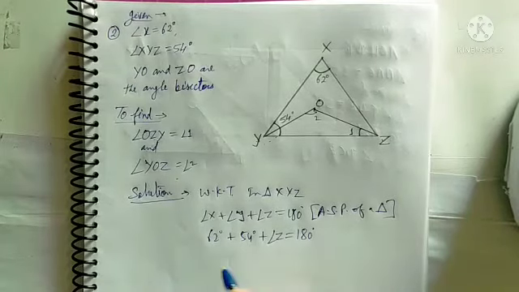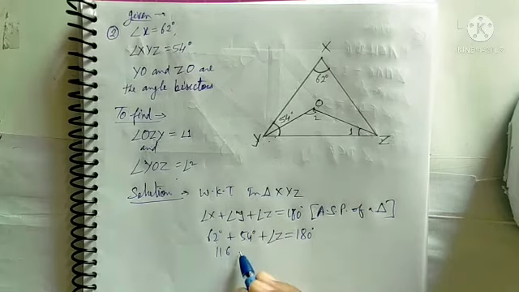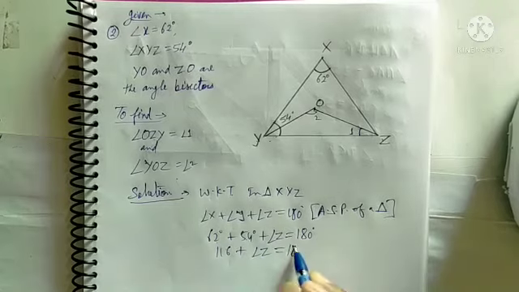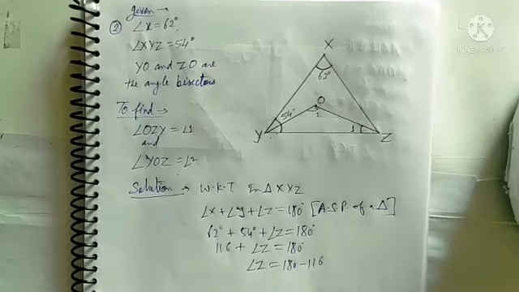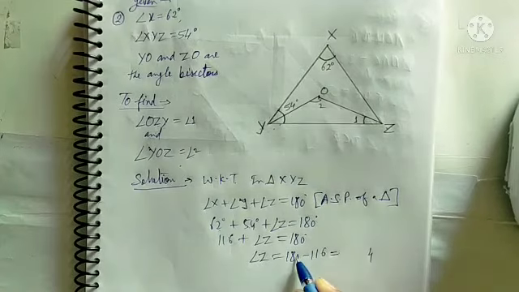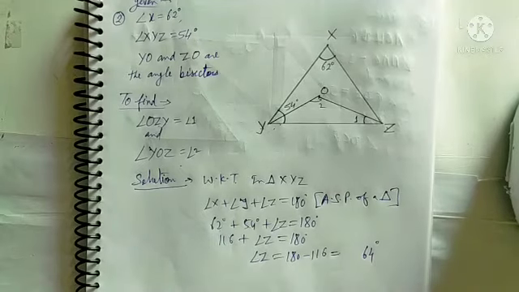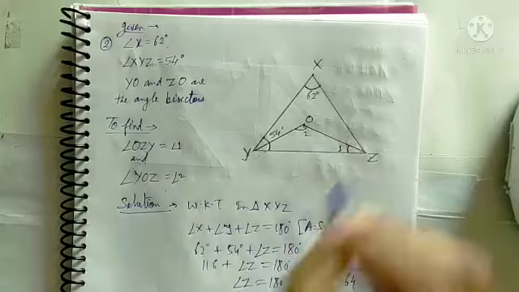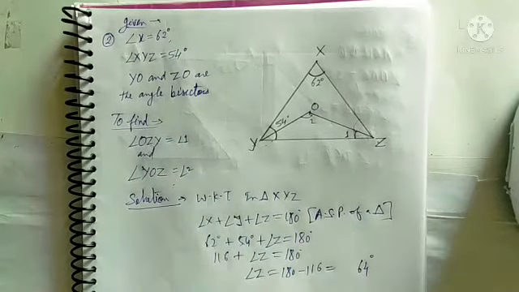find out 62 plus 54, 116, and 116 plus angle Z is equal to 180 degree, means angle Z is equal to 180 minus 116. So subtract 116 from 180, then what will come here? 6 means 4, 0, 10 minus 6. Here 7, 7 minus 1, 6, 64 degree. If this is 64 degree, now you got this angle whole is 64 degree. This is 54 degree. So what is half of it? You know, YO bisect.